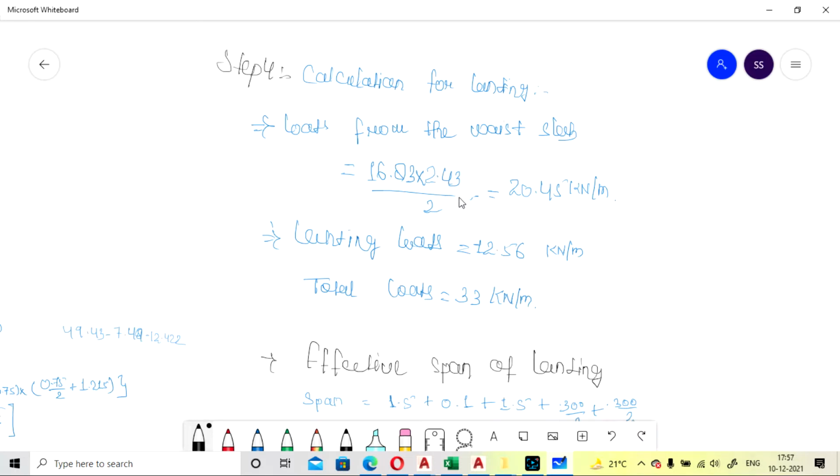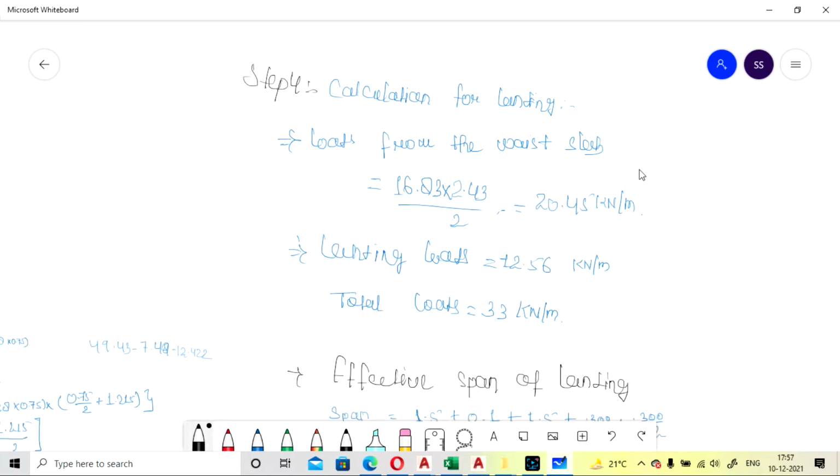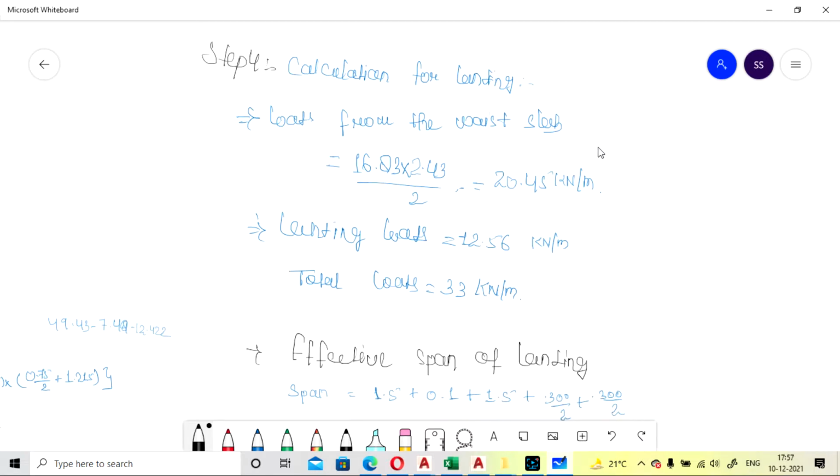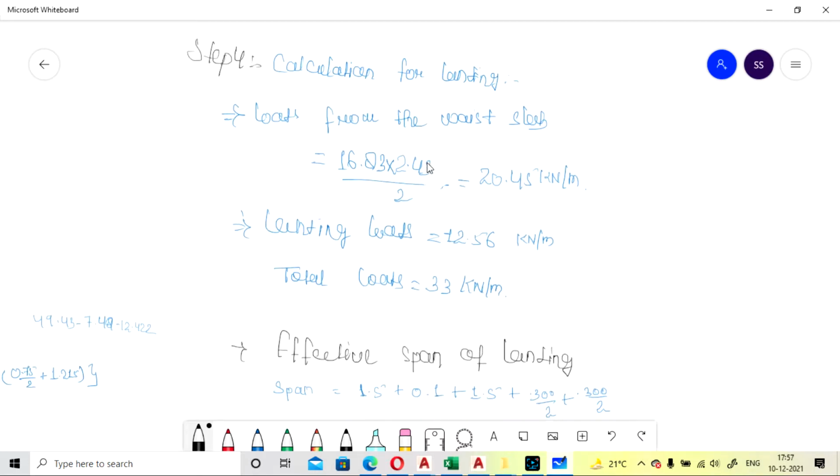This is the total effective length of the base slab, from which the load was distributed to your base slab. So it is 16.83 into 2.43 divided by 2, and our load will come as 20.45 kilonewton per meter.